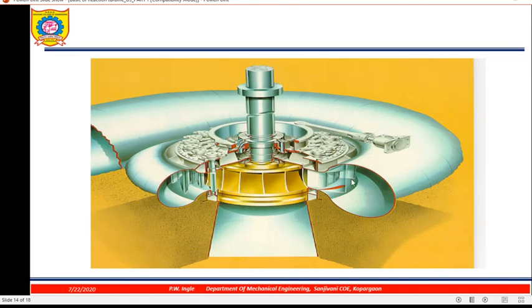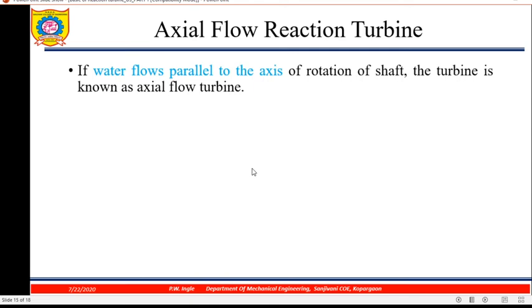This is casing. Then these are guide vanes. Okay. These are guide vanes or guide plate, and this is runner. And you see here this part is connected to governor and this is connected to guide vanes. Axial flow reaction turbine. So Francis turbine is known as a mixed flow type of turbine because water flows in a radial direction and it will exit axially.